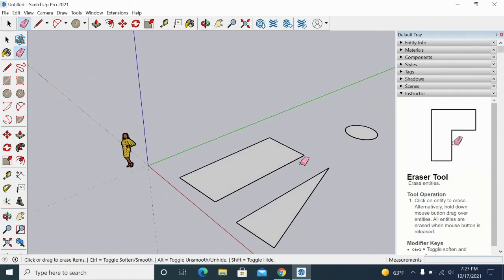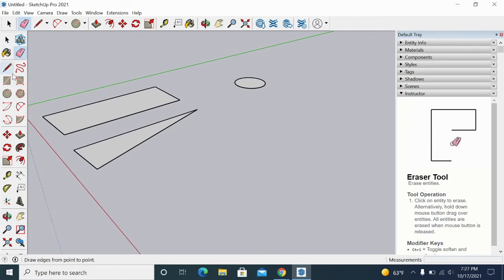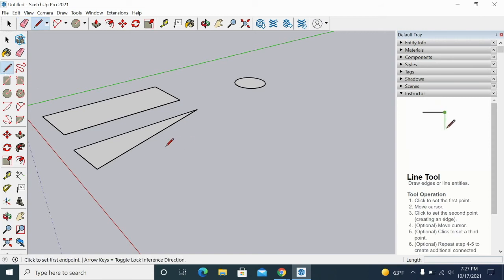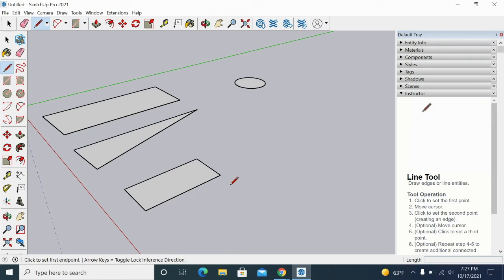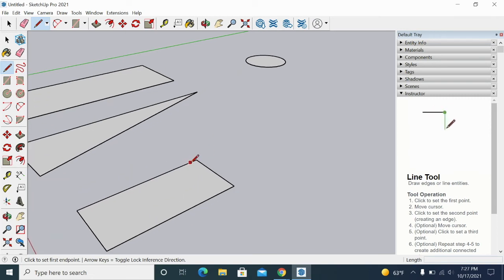So a couple other things to note as you're drawing different things is the inferencing that SketchUp does. So if I draw a new rectangle here, it can kind of guess what you want to click on. So you can see as I come around, it finds the end point and it kind of snaps to it. So if I wanted to draw something from the end, it snaps right to it. It also does midpoints. So right from the middle, maybe I wanted to cut this rectangle in half, it'll snap to the midpoints. So the midpoints, the ends,